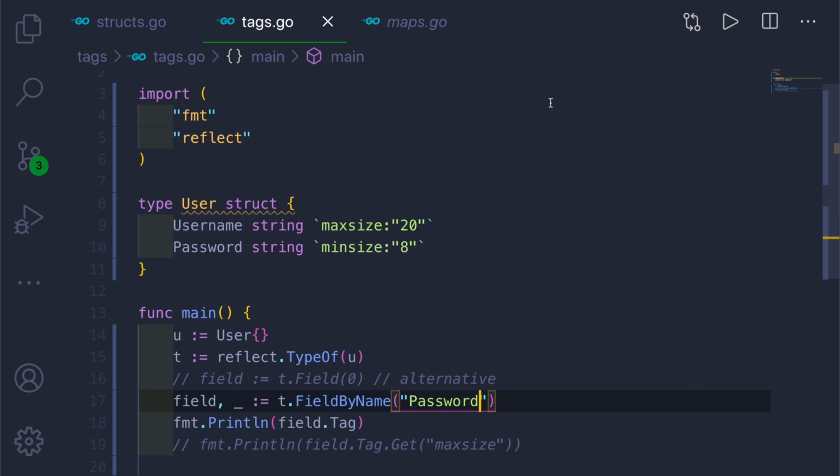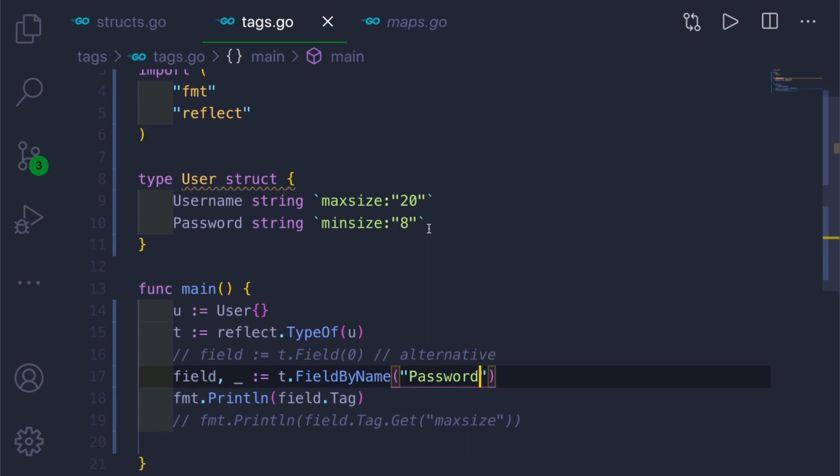Those packages will be helpful for checking the validity of the structure fields. For example, we have given max size and minimum size here, but in there we can get predefined functions, for example is email or is password, and we can use those with the tags here.